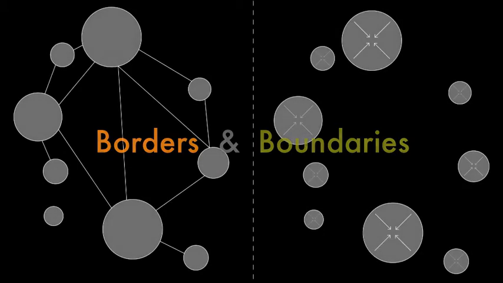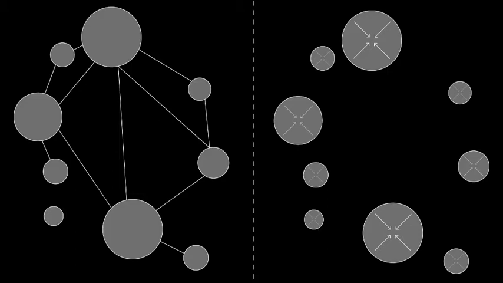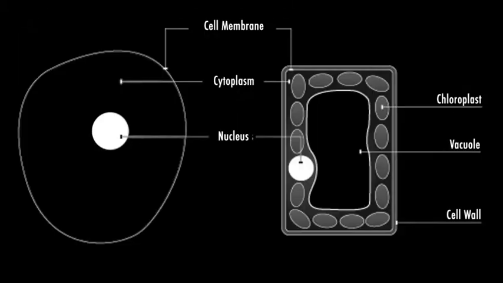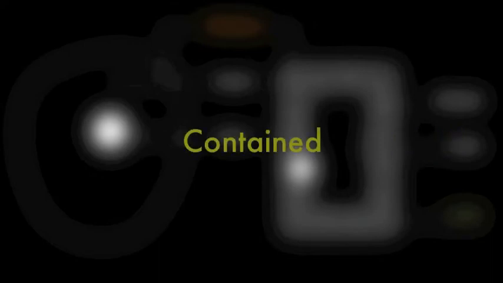Edges come in two forms. They come as borders or as boundaries. We know this distinction at the most elemental biological level between cell walls and cell membranes. A cell wall is a relatively rigid structure which is essentially trying to be simply a container. A cell membrane is more a structure, an edge which is more flexible and more open.